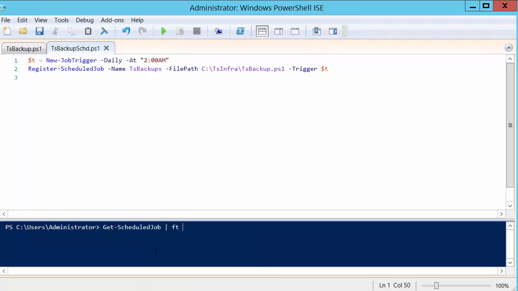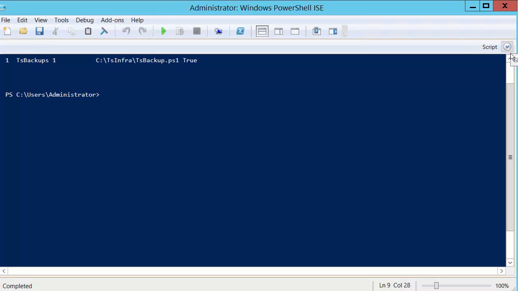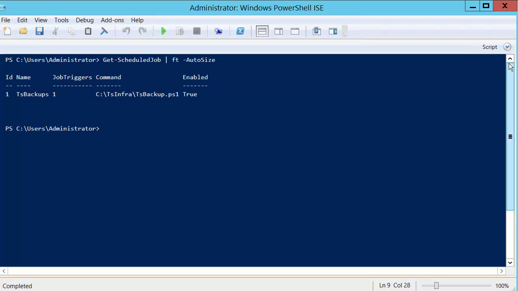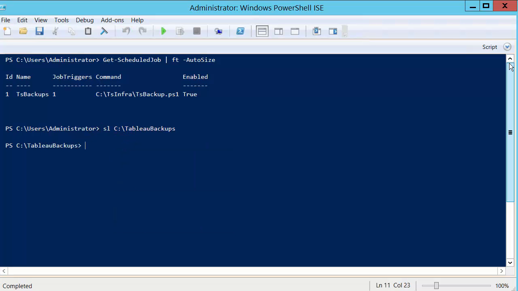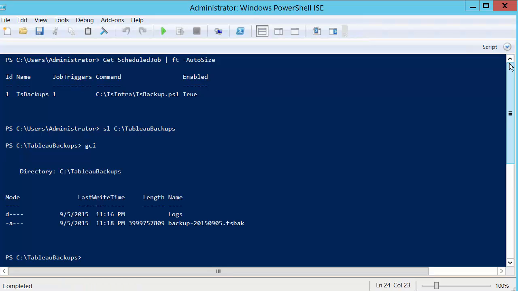To verify that it's enabled, you can see the script is enabled. So every day at 2 a.m. this will run. You'll have a backup in your C Tableau backups directory. And there you go. There's our backup we just created and our